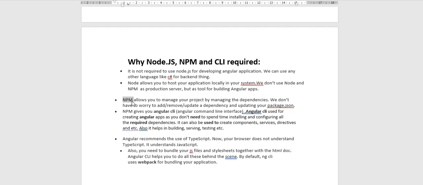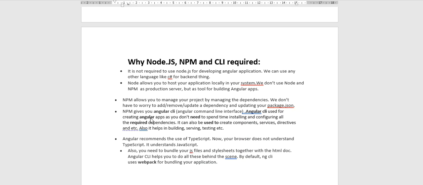So here npm allows you to automate the process of managing your libraries. We don't have to worry about adding, removing or updating any dependency, as they are listed in package.json. In package.json we have all the dependencies listed. So whenever we add or remove any dependency, it will automatically get updated in package.json.